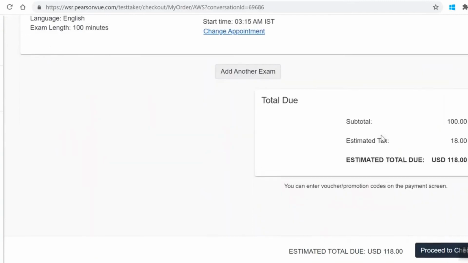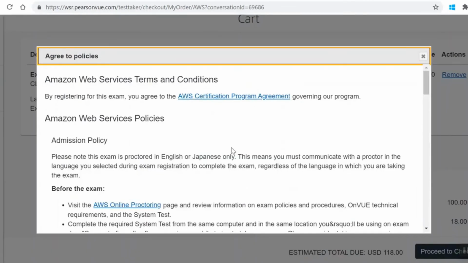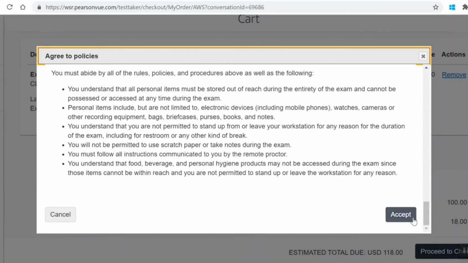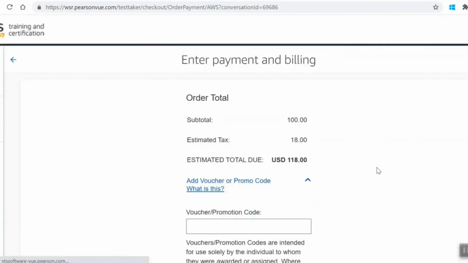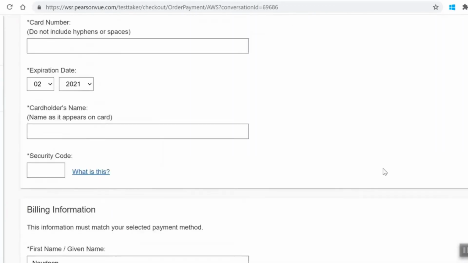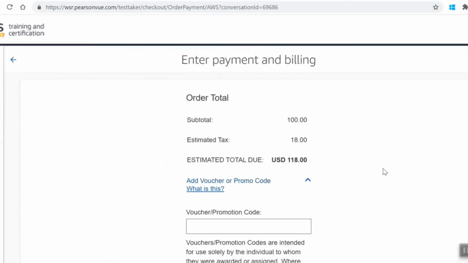Now this is the page where you will have to do check out and do the payment. So if you go to proceed to checkout, right, it will again give you all the terms and conditions. You do accept and you go to next screen. You will have to pay here. So since I will not be giving this exam again, I'll not be doing the payment part of it, but once you do the payment part, you will get the confirmation that your exam is scheduled,